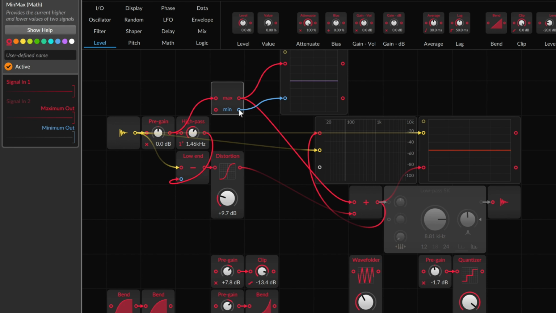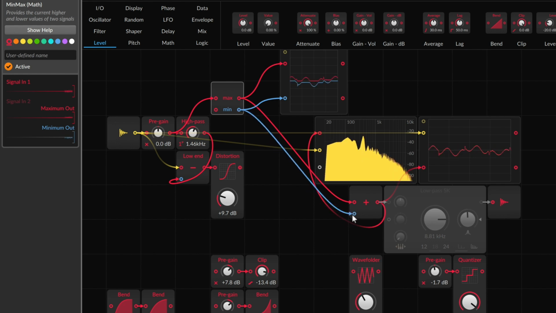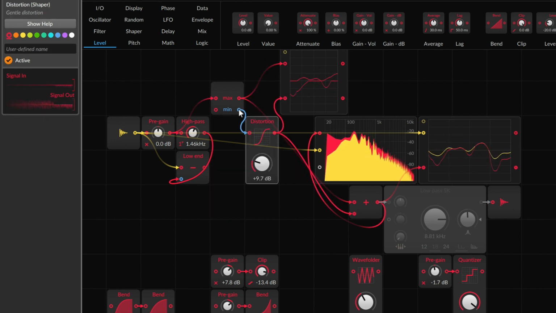So let's patch these in. We'll start hearing not much change to begin with. That's kind of the clean version of the signal. So maybe we want a distortion on the low portion. So if it's only happening on the negative portions now, let's make our chart a little more readable up there.